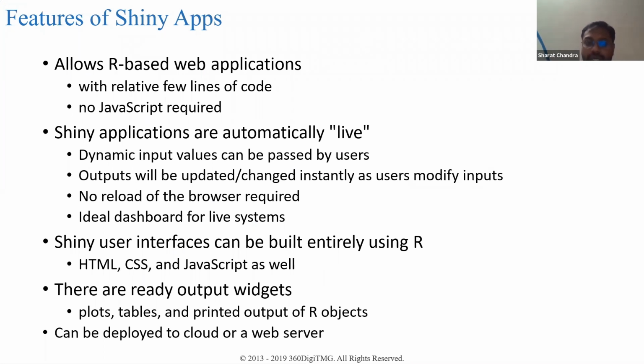Now these are the features of R Shiny. It allows web-based applications, and the lines of code are very small. The good part is you don't need any Java or any other programming language skills. If you know R, that is the prerequisite.